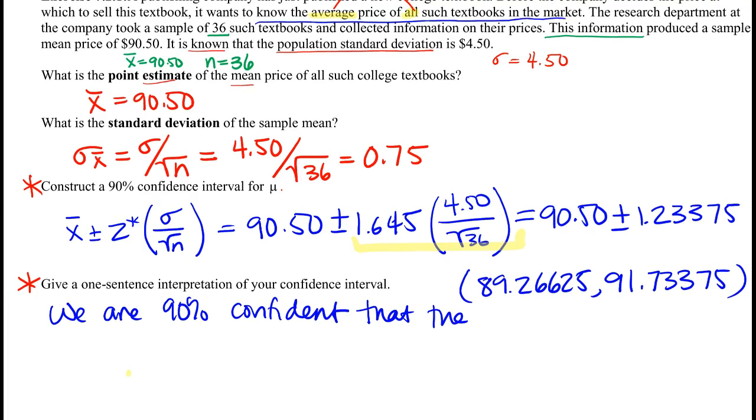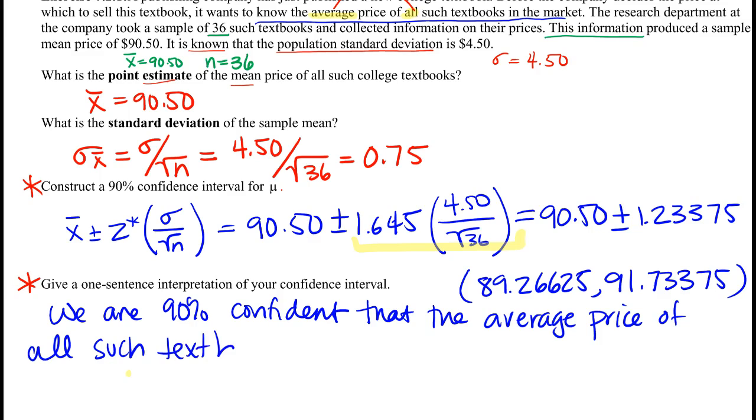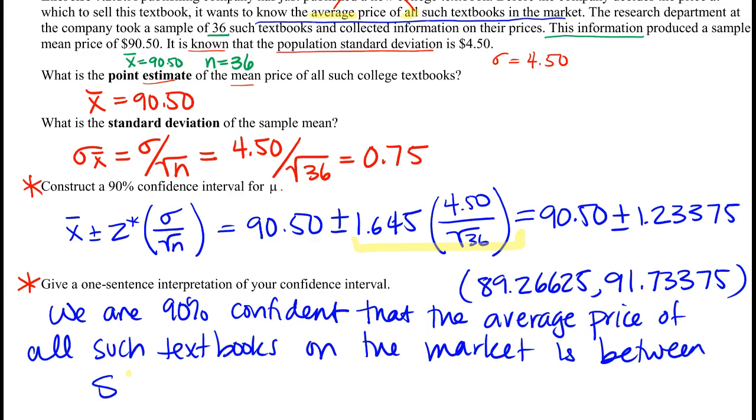So we can say we are 90% confident that the average price of all such textbooks on the market is between 89.26625 and